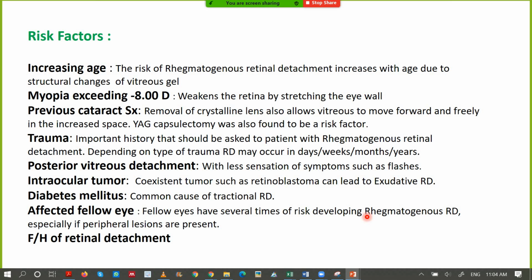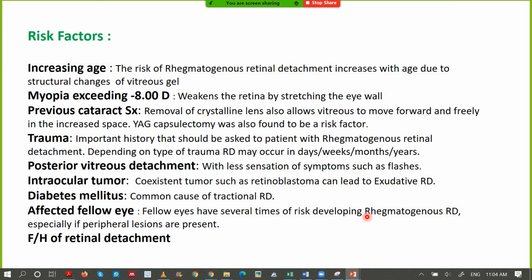So as we all know, trauma is again a risk factor, because when there is a punch, the eye is undergoing a stress. So those are the things which might tear the retina. There might be a small breakage during a trauma, so over a year or over days, it might turn into a retinal detachment. That is the reason whenever we have a trauma history, we are supposed to look into the retina for a better management.